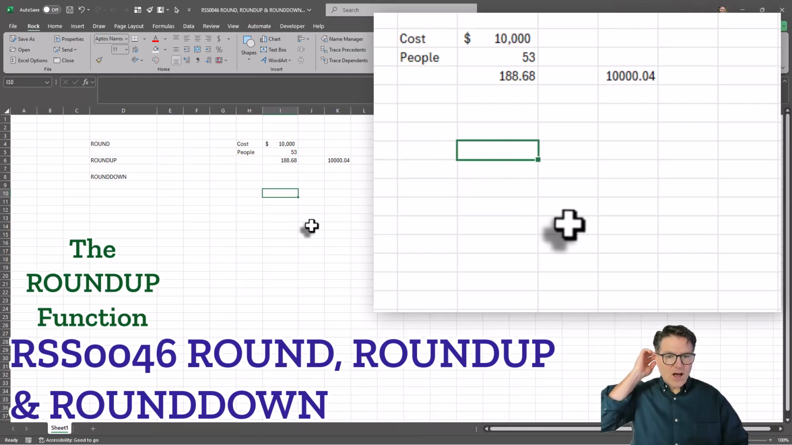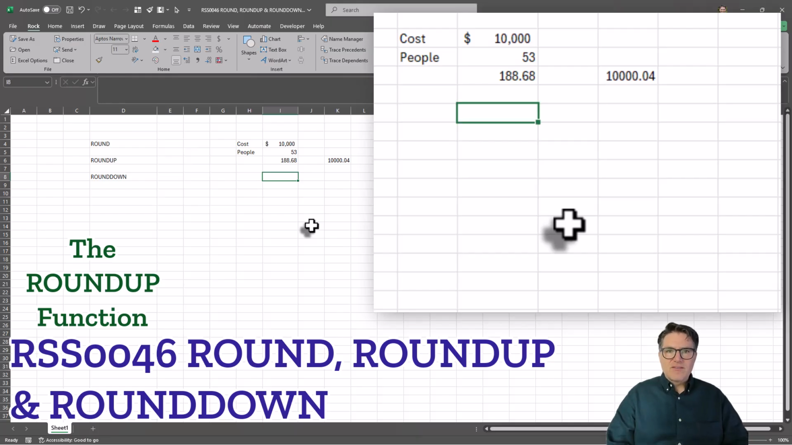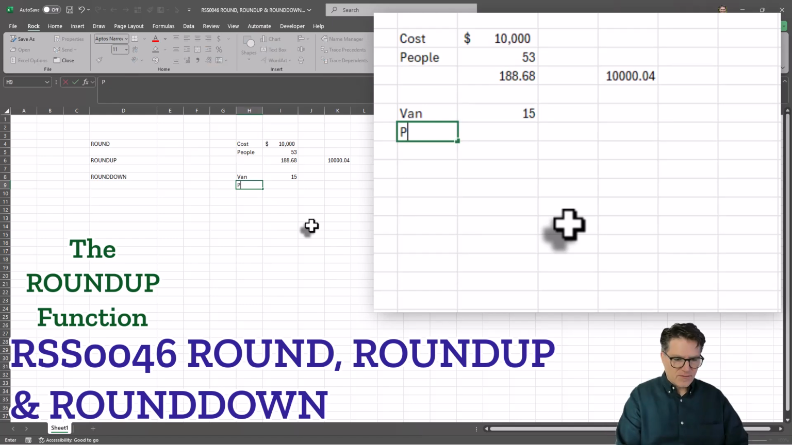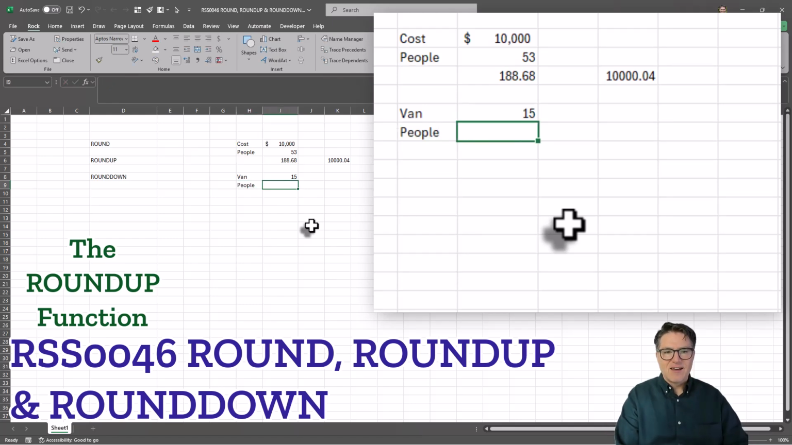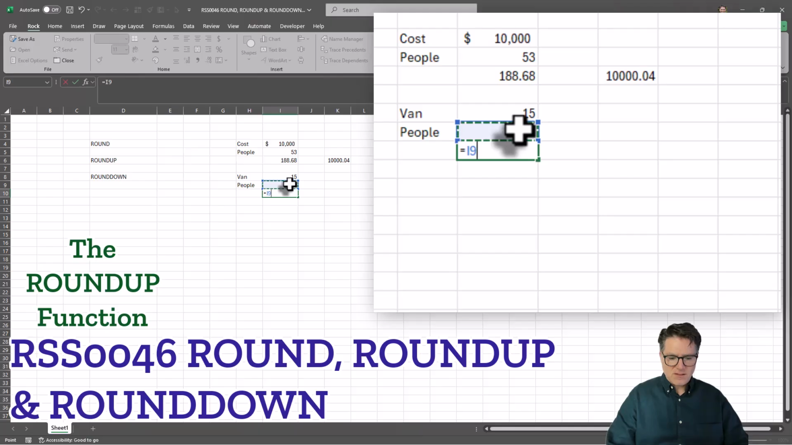Let's go to round up. Round up will take anything that is just over and round it up to the next one. Let's say you're planning a trip where you've got these vans, and each van can hold 15 people. And you're trying to figure out how many vans you need, and you find out that there's going to be 148 people. In this case, you would need this divided by this,